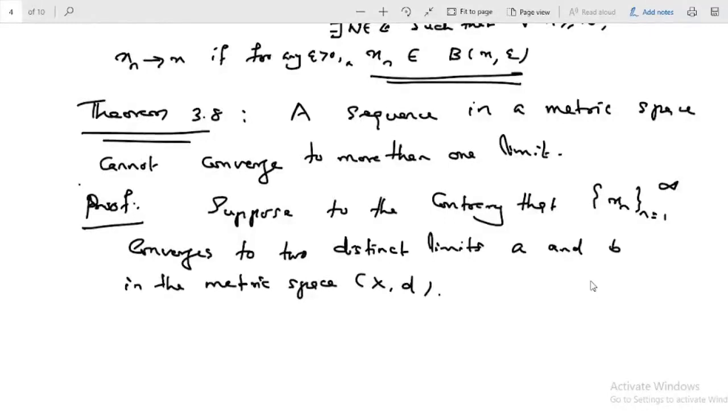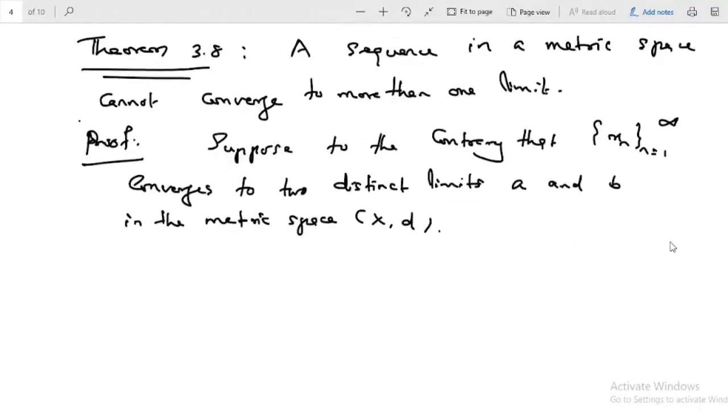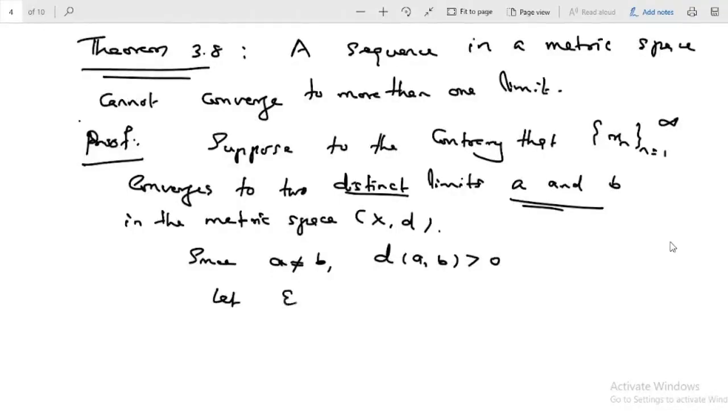Okay. Then a and b are distinct points. അതുകൊണ്ട് distance between a and b is greater than 0 എന്ന് പറയാം, strictly greater than 0. ഇവിടെ ഒരു എപ്സിലോൺ എടുക്കാം, half of distance between a and b, that's also greater than 0. Okay, then for this epsilon greater than 0, since x_n converges to a,